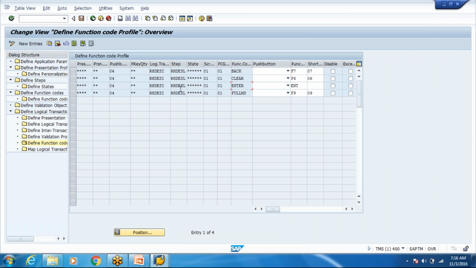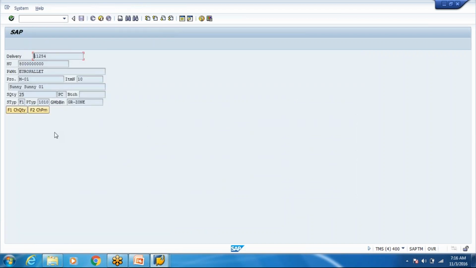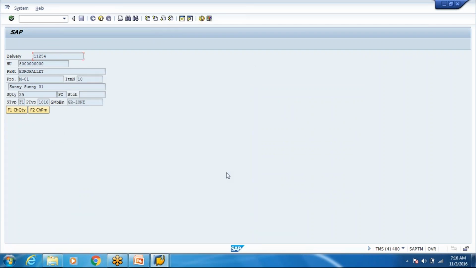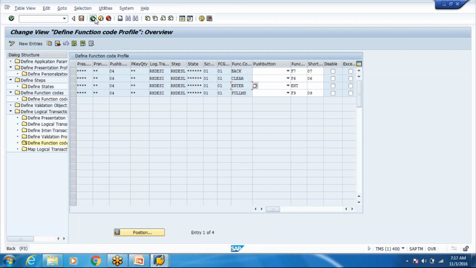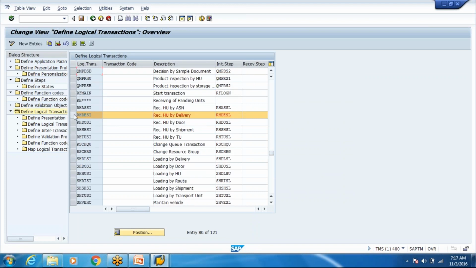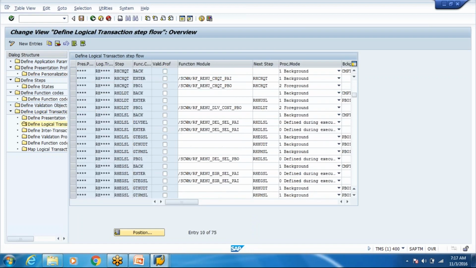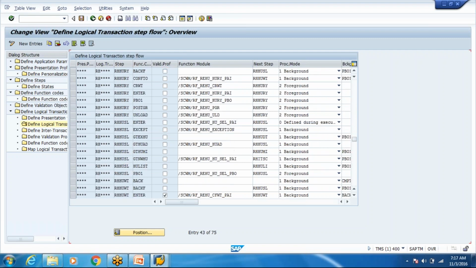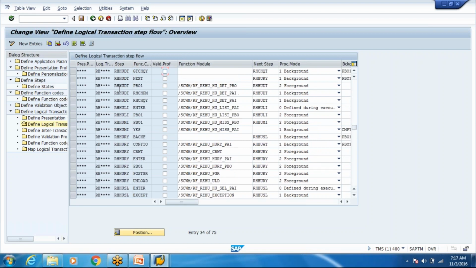These are standard ones, but this is a different screen here. So we'll see which is RH, step RHHUDT. So in this logical transaction flow, you can see that there are function codes here.